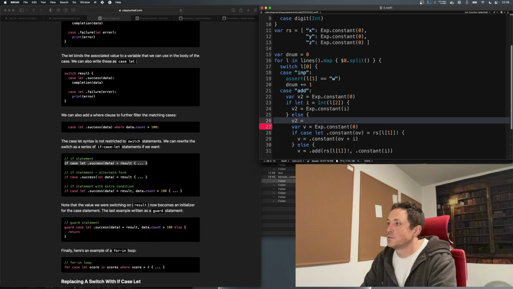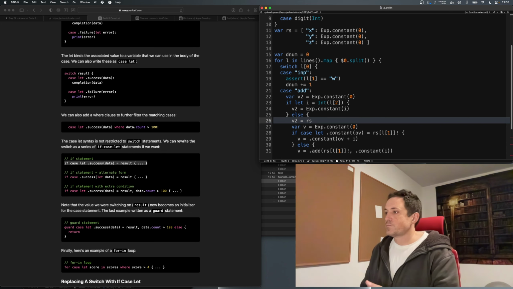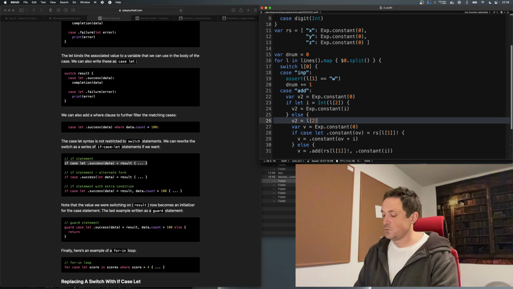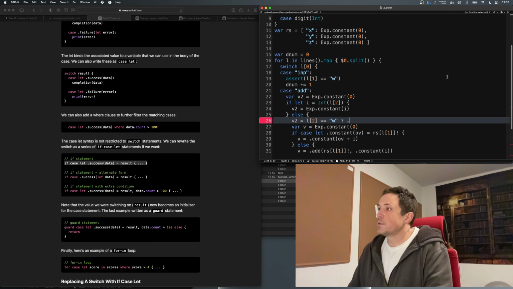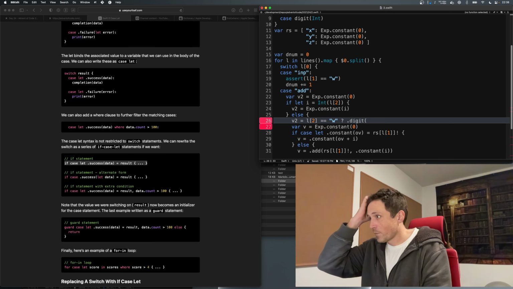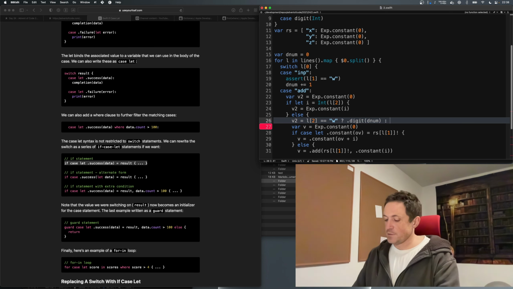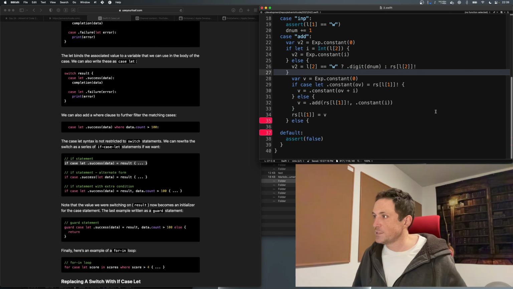V2 is L2 equals digit, or else it is R sub L2 bang, right? Okay, so now